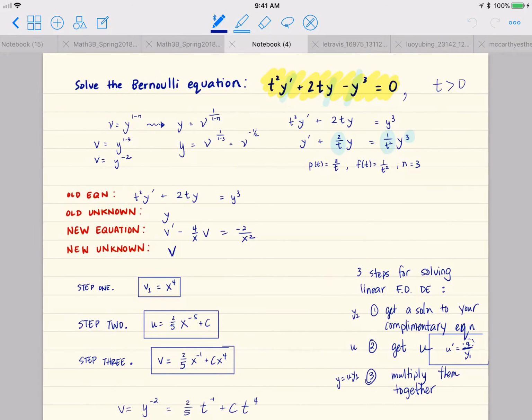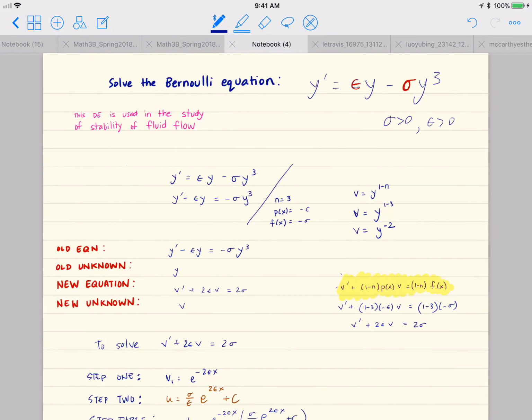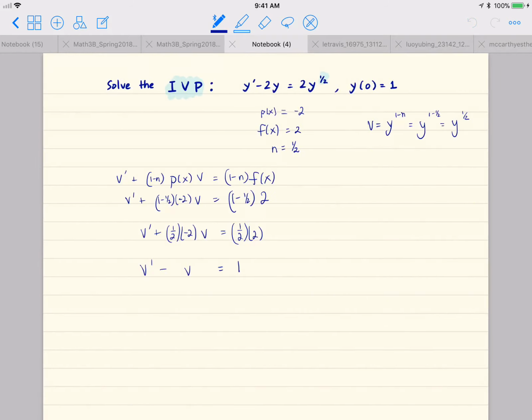That's not this one. Is it close to this one? Nope. Not close to that one. All right. So I'm just going to outline the procedure for this. So this is our new equation. It's linear. Step 1. Now I want you to try this at home. Step 1 would give you, for instance, v1 equals e to the x. Step 2,